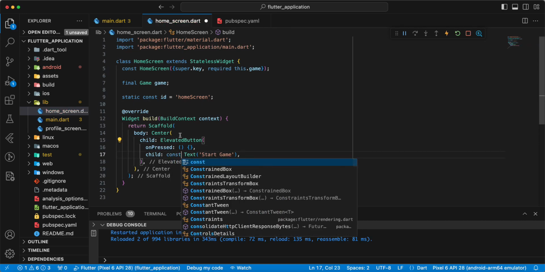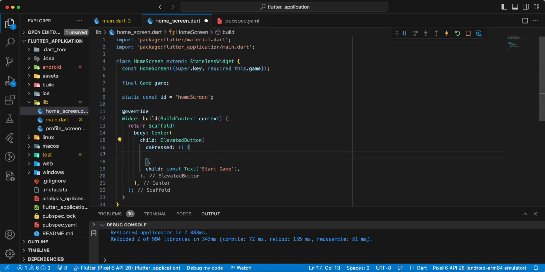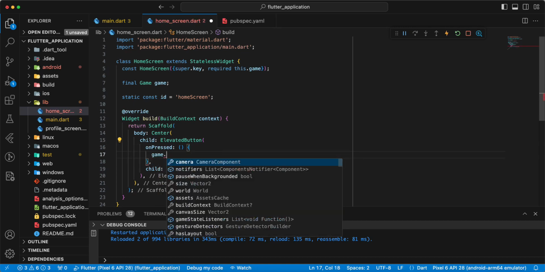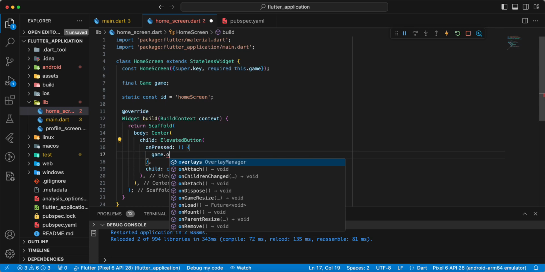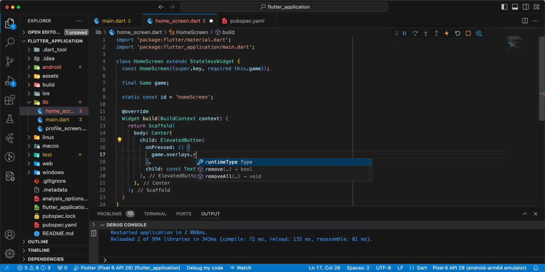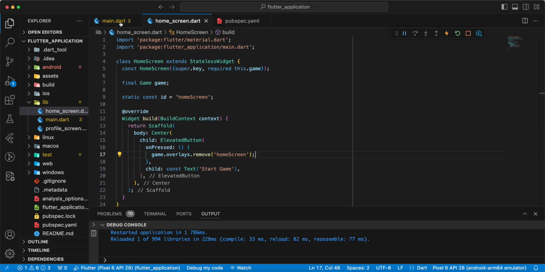Write const and we add game.overlays.remove. We remove the home screen. Now we open main.dart